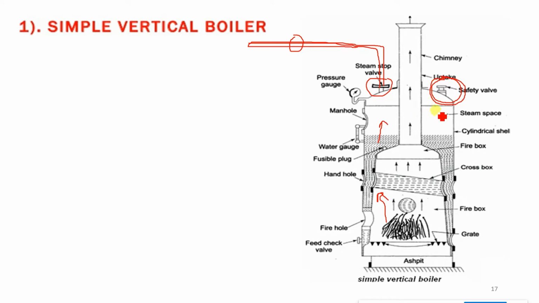If the pressure of steam overcomes that designed value, then the safety valve opens and it exhausts the excess steam into the atmosphere so that the working pressure can be maintained in the boiler. If safety valves are not provided, due to overpressure the boiler can burst. To avoid this from happening, safety valves are required.